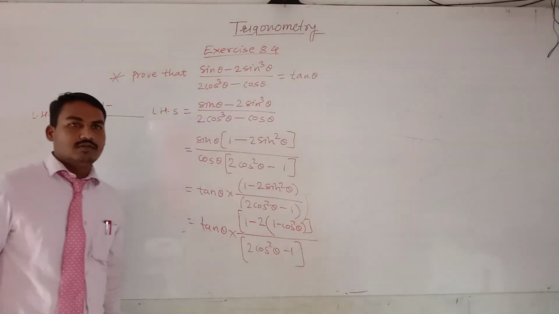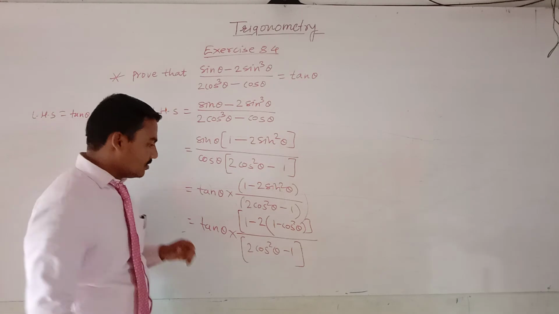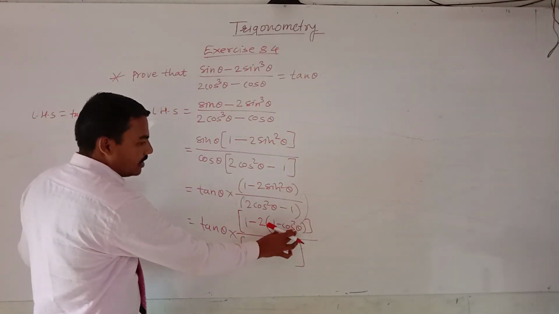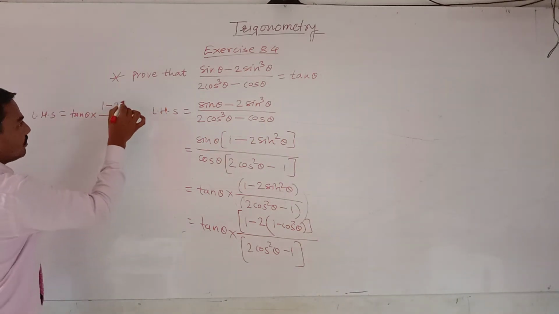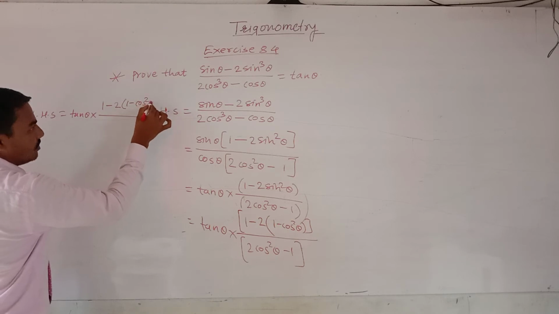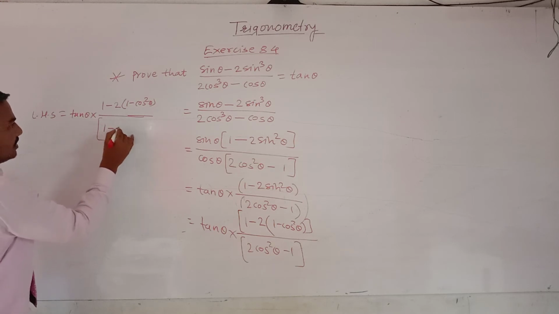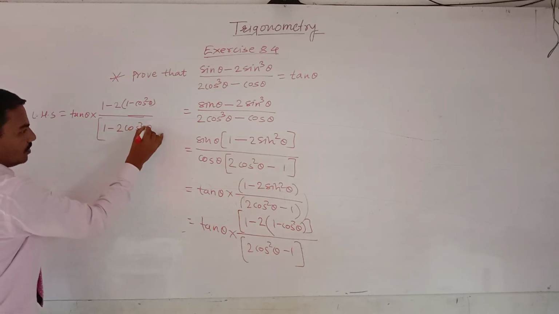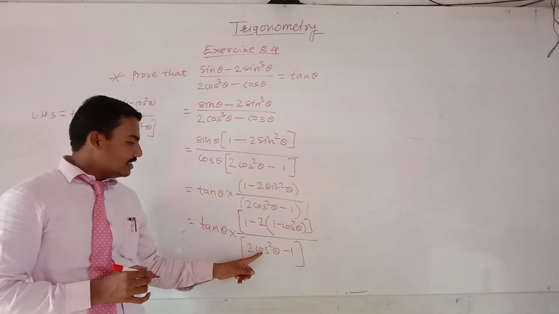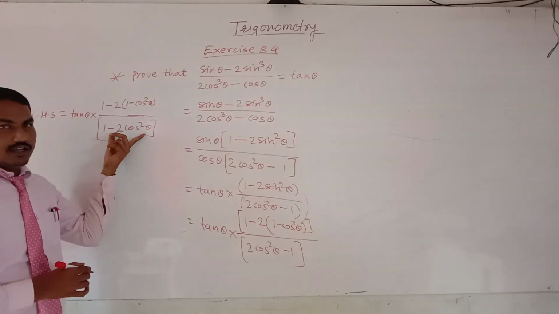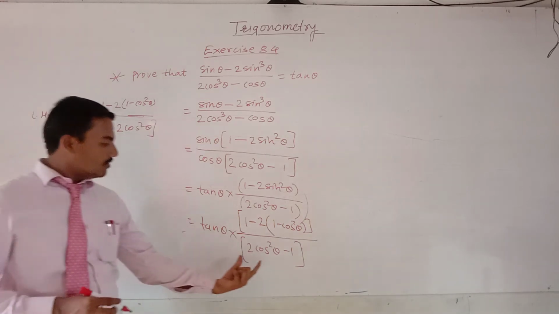What we have to do? Taking in bracket here. Next, ऊपर का 1 minus 2, 1 minus cos square theta. Now नीचे 1 minus 2 cos square theta. Okay, sign gets change. Here 2 cos square theta minus 1. I have written 1 minus 2 cos square theta. So minus sign where I want to write? Where minus sign is gone?